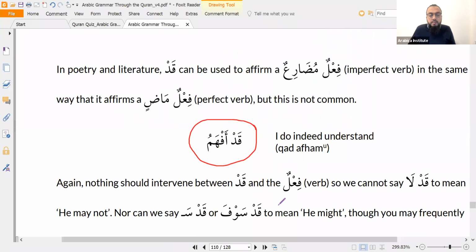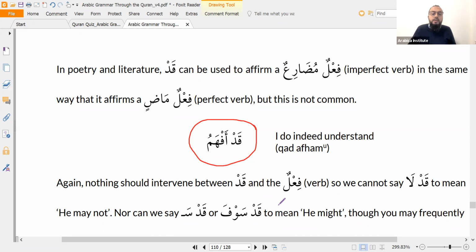Ustad, in the previous matrix we did قد سمعت. So that was put into the perfect tense, so that means "indeed I heard." You would use that, but here you've got "I do indeed." Could you still keep it in the present tense and still have the same emphasis? Only in poetry. In ordinary speech, if you say قد أسمع, people understand that to mean "I might hear." Okay, so only in poetry.